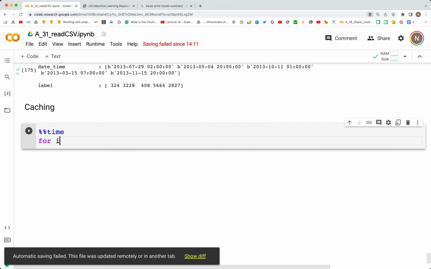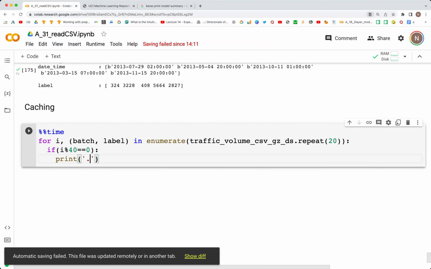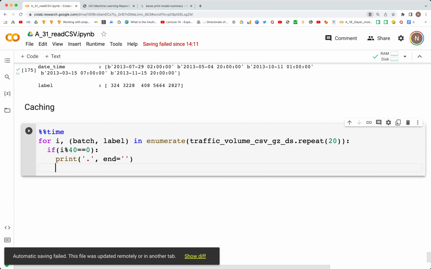For i, (batch, label) in enumerate traffic_volume_csv_gz_dataset.repeat(20): if i % 40 is equal to 0, and that is i mod 40 is equal to 0, print a dot, and end is equal to just nothing there, and we can print this. So print,